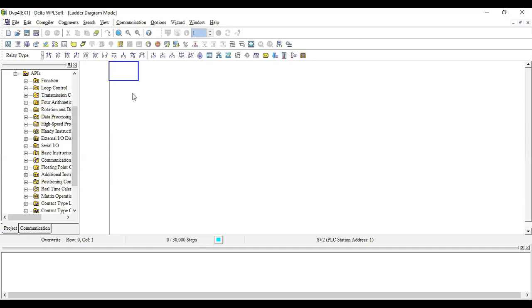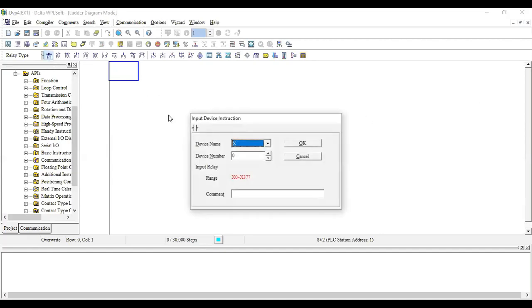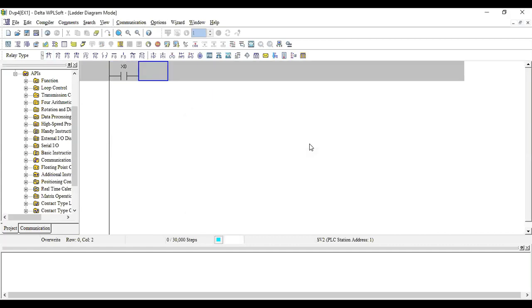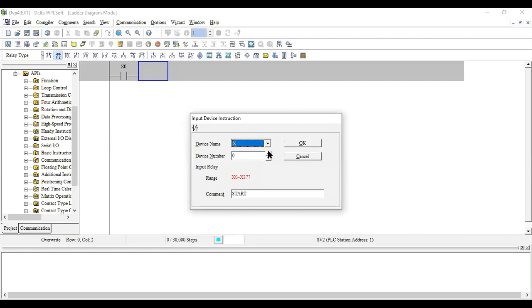Okay. Now I'll just give a first H0. H0 is the start button. For stop button, I'll use a NC. So I need H1. Here I'm going to use it as a stop button.